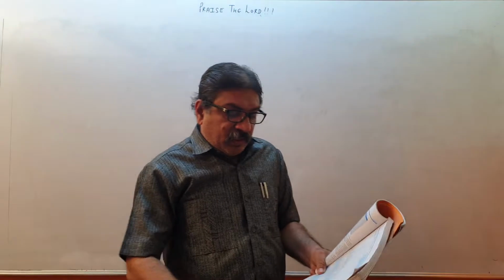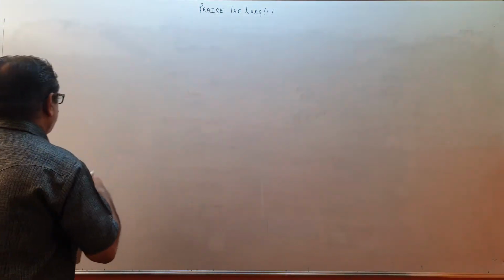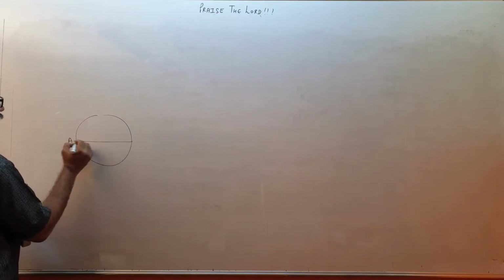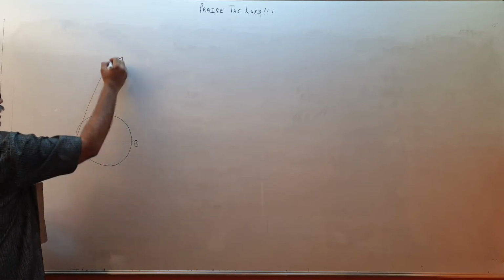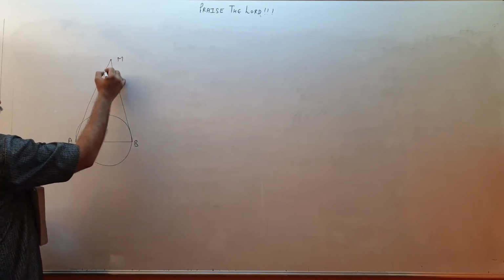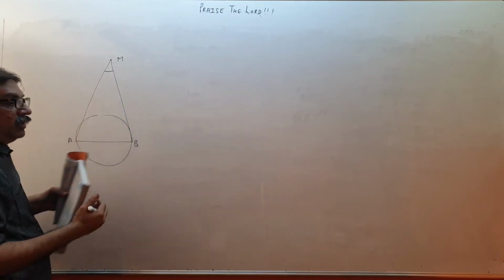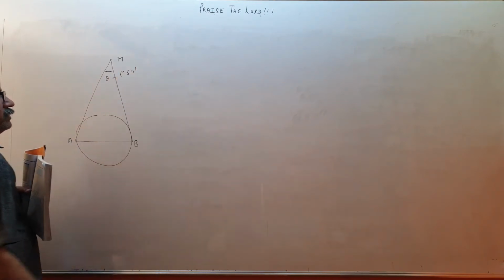See, the moon is observed from two diametrically opposite points of Earth. So, supposing this is the Earth, children, A and B, the two diametrically opposite points. From here I look at the moon. From here I make an angle, and from here. This is the angle subtended, formed by the 2 points of observation to the moon. This angle is theta, and it is given to me as 1 degree 54 minutes.